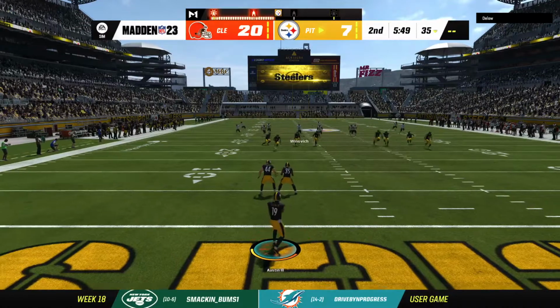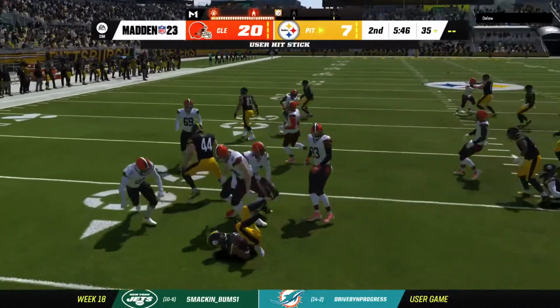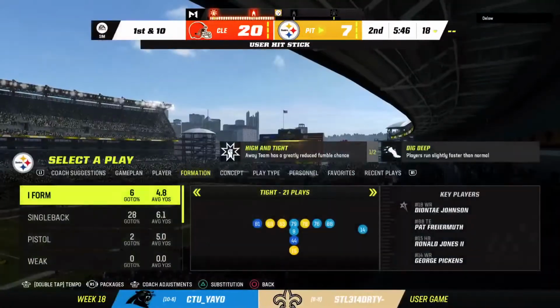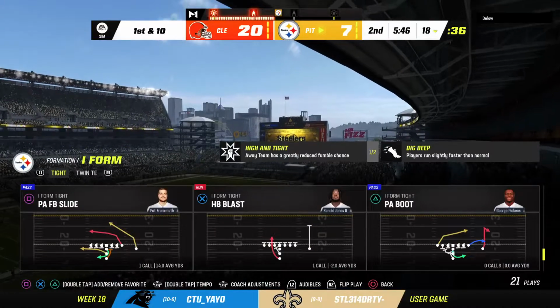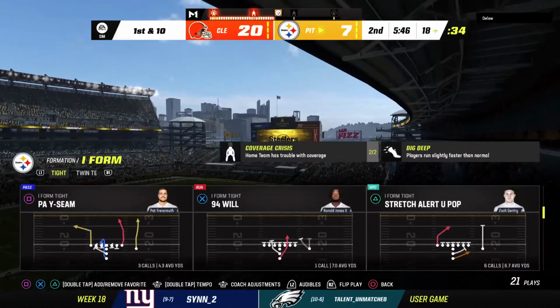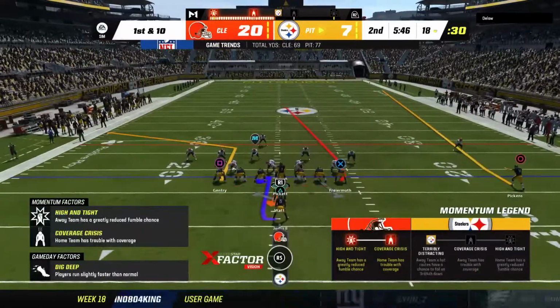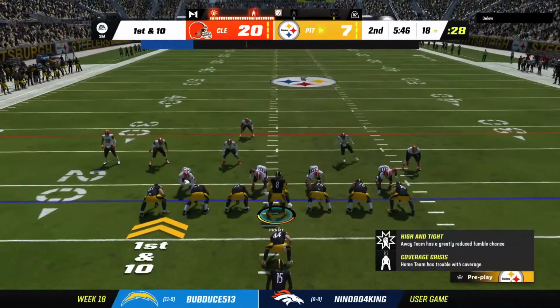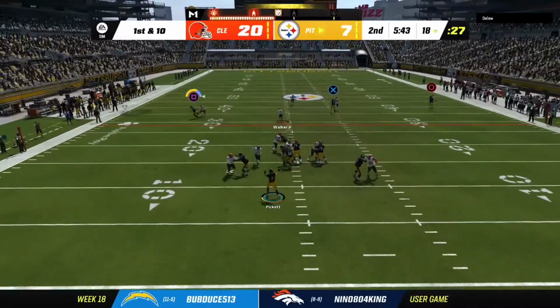Austin elects to bring this out of the end zone. And no alley to be found. The coverage was solid, and he's dropped at the 18. The Steeler offense here about ready for their next drive. And for this offense, Charles, you've got to think kind of crucial here to put something together on this drive,